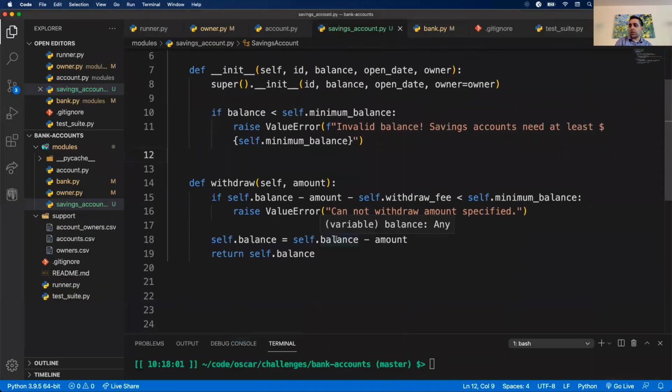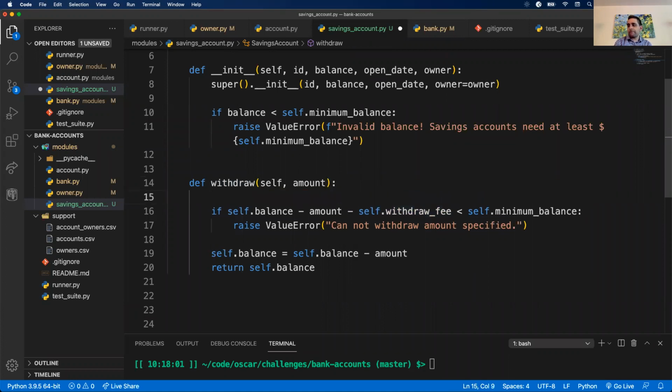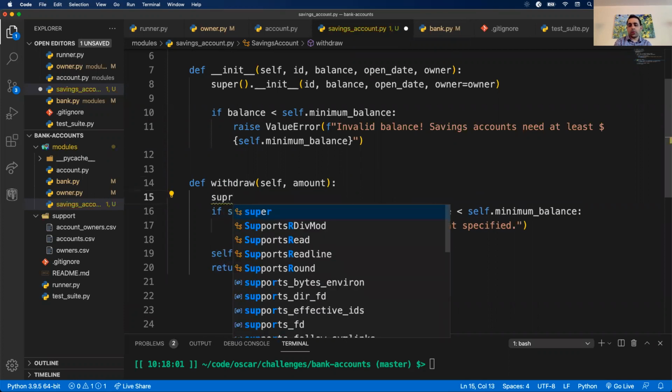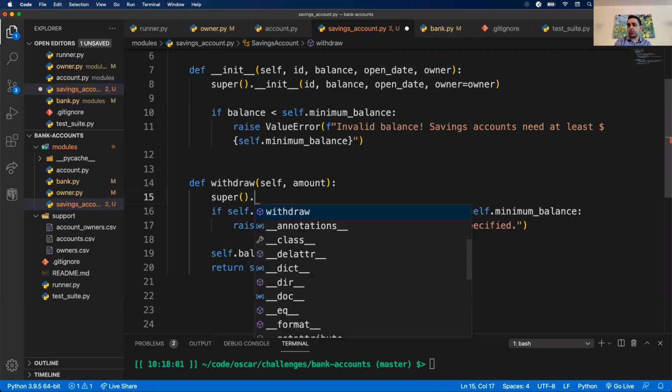Withdraw. Yeah, good question. I was struggling with that too. The question was, should we call the base withdrawal function? Because that's doing similar logic, except it has a withdrawal fee. So, trying to think. All right, I thought of an idea. I might regret this later, but I'm going to give this a try. So I'm going to call super withdraw amounts and